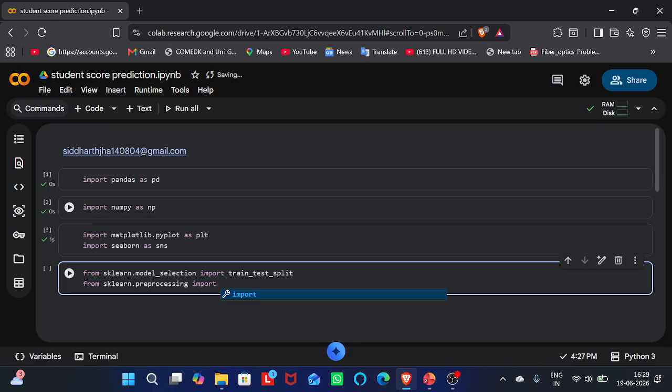Okay, एक मिनट, लेबल encoder ऐसे होता है, लेबल encoder. Okay,